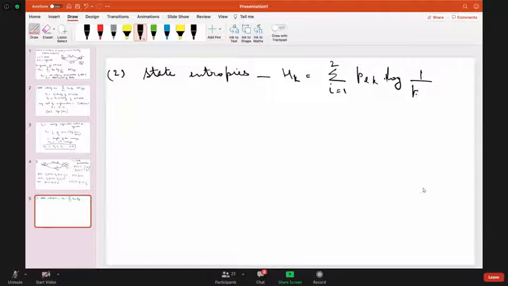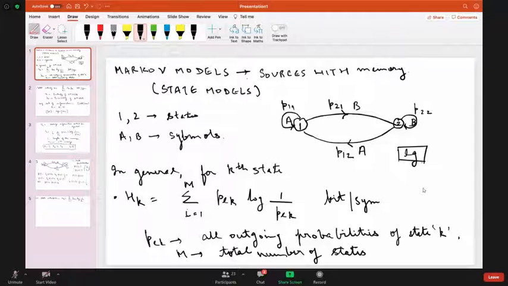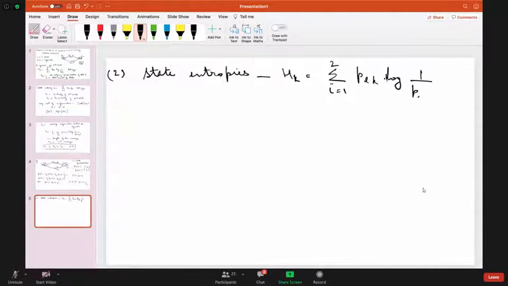log 1 over, sorry, just a second. I think I did not write the subscript correctly. So this is ranging from L because I'm writing L here. So let me just write L here. So this is also ranging from L equal to 1 to LK. Okay. So now let's just evaluate first H1, which is for state 1. So that will be L is equal to 1 to 2